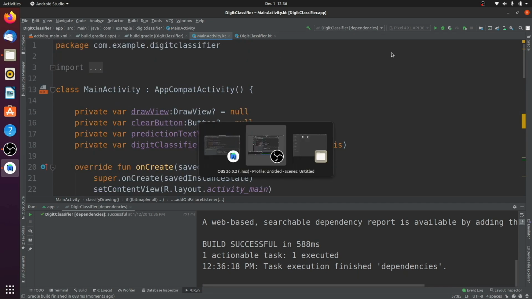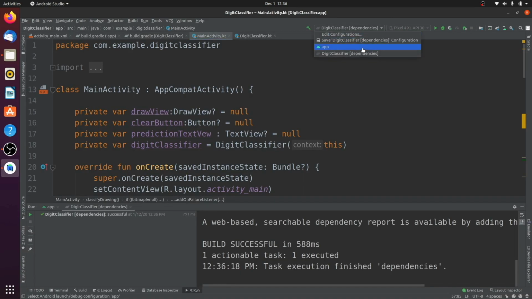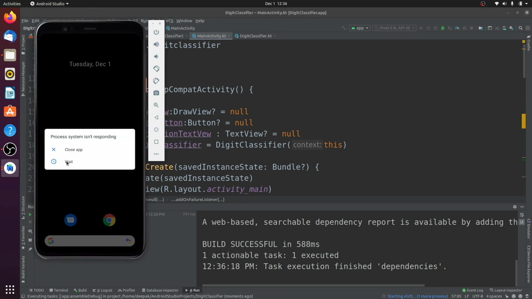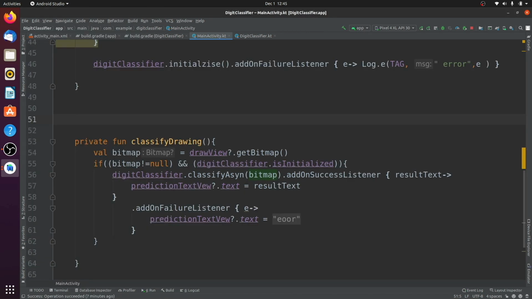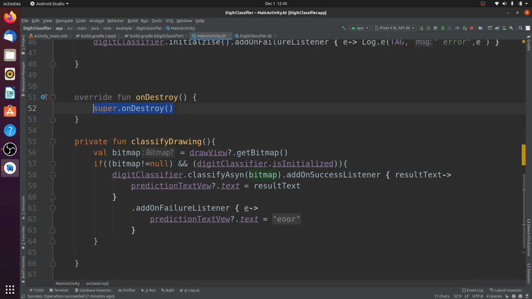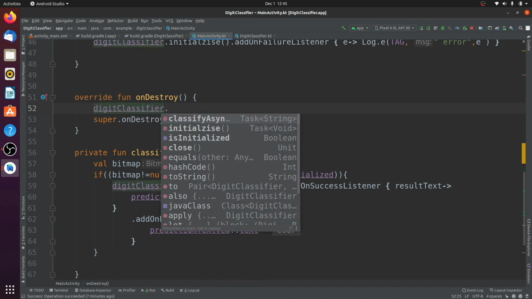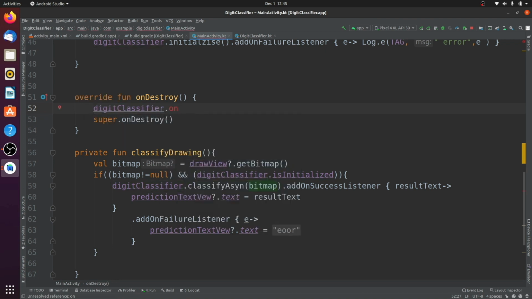I totally forgot the asset manager. I mean, I have to add assets here and then paste the TensorFlow model. It's not going to work otherwise. Also, I forgot to create the onDestroy function as well. So first, let's create the onDestroy function, and then I'll add the assets, and then paste our TensorFlow model that we got after we compiled the code. Remember, what we want is digitClassifier.close, so I'm going to call the close function from here,